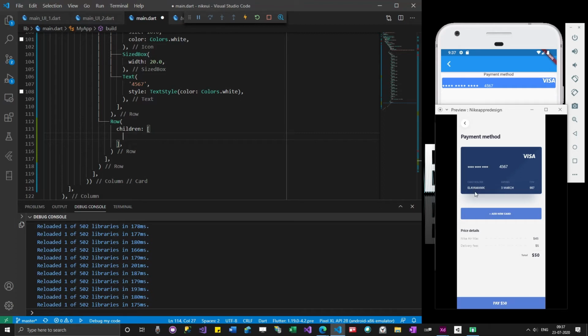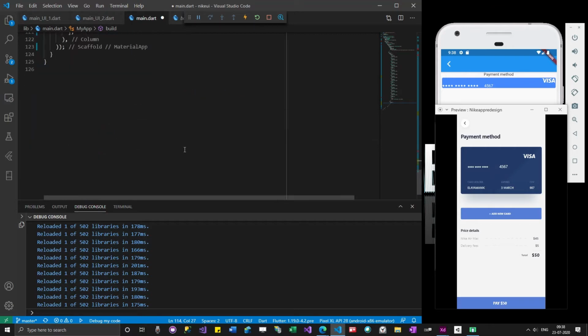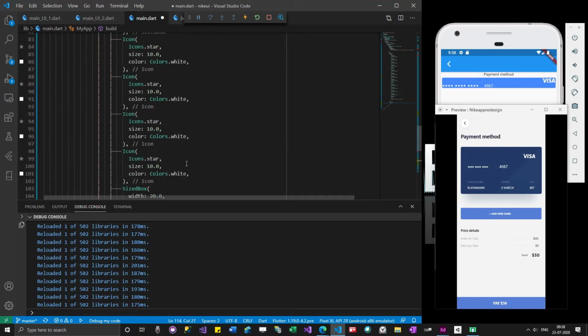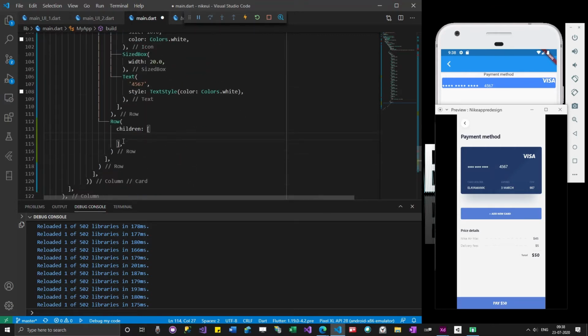These two items are dependent on each other, because card holder means you're giving a name, expires means you're giving a date. When you're populating data from some external source, this kind of design will help. If you put everything in one row over here and another row here, you actually have to do a lot of scrolling up and down. We are lazy enough to scroll also. Developers are lazy, guys.